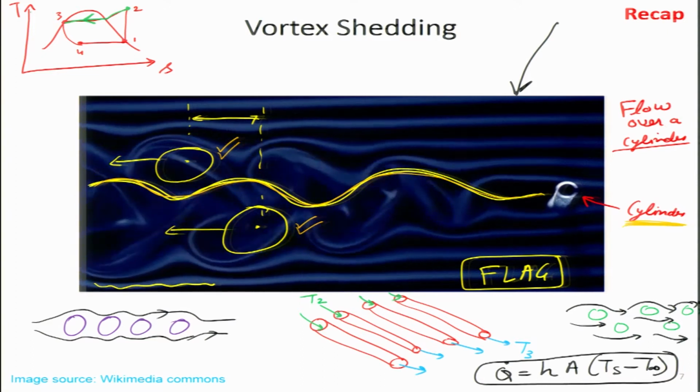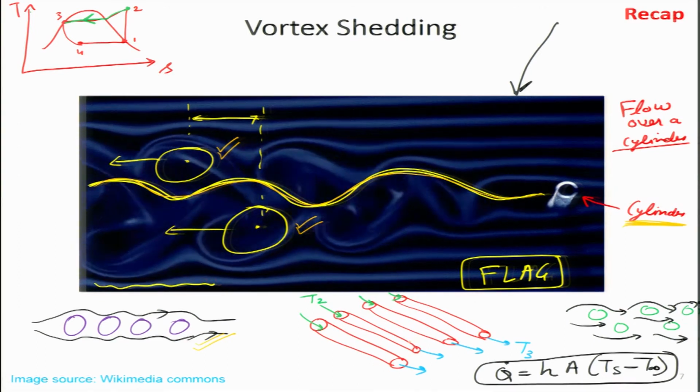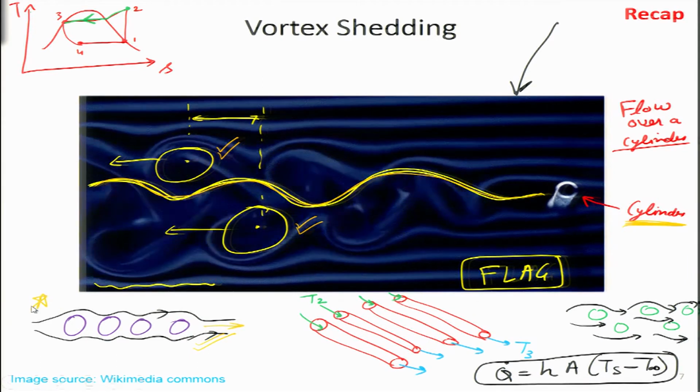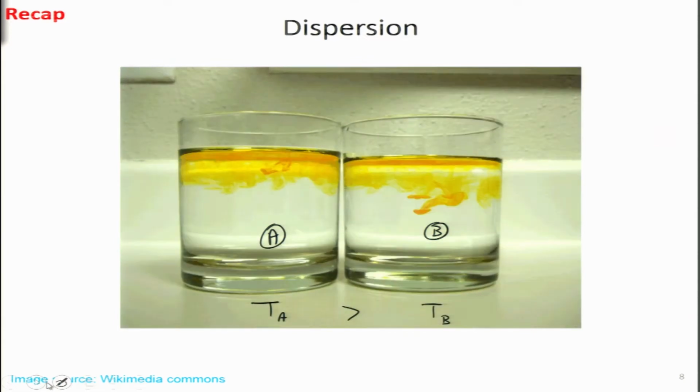And this is important from the heat transfer point of view as well, because many times the fluid is actually flowing over several arrays of pipes. It could be in the straight array like it is given on the left hand side over here, or it could be staggered as is given on the right hand side over here. So, these are all applications that we were very quickly looking at.